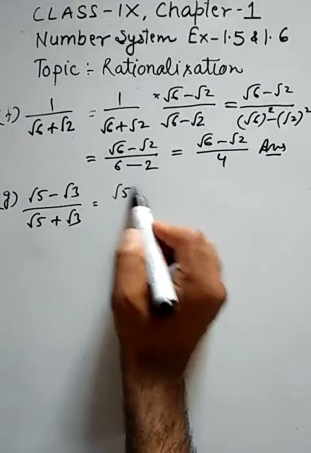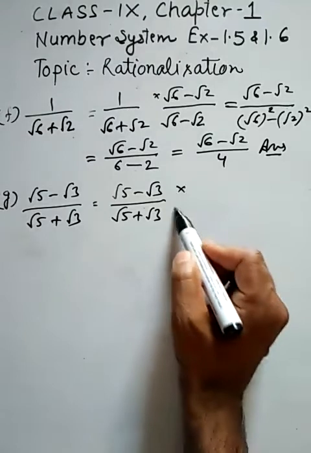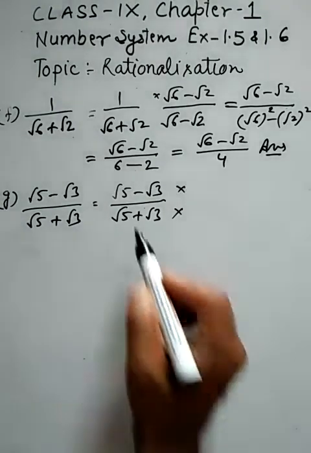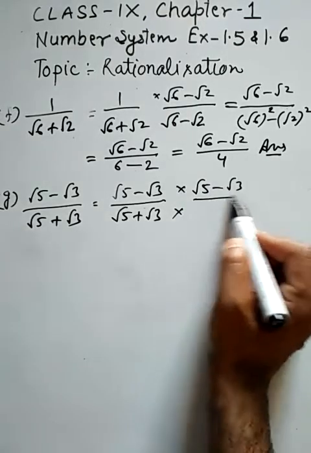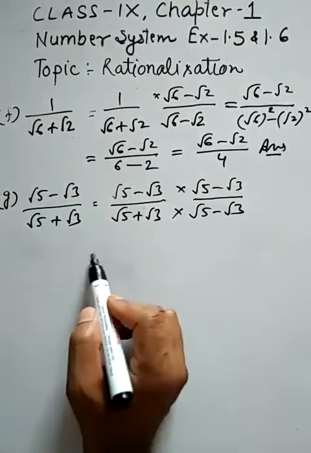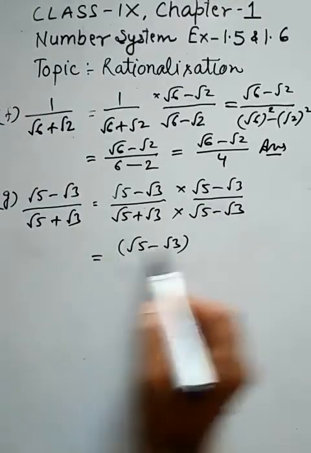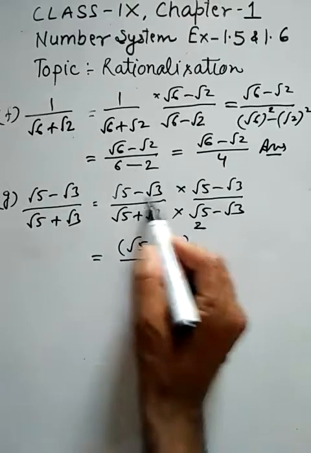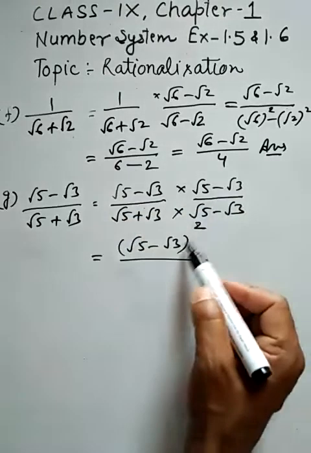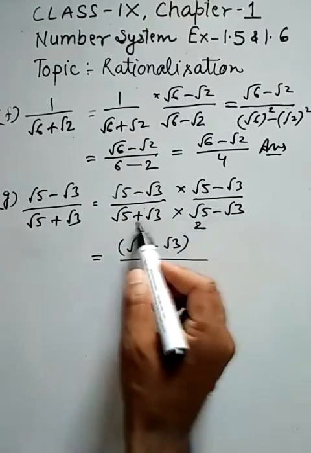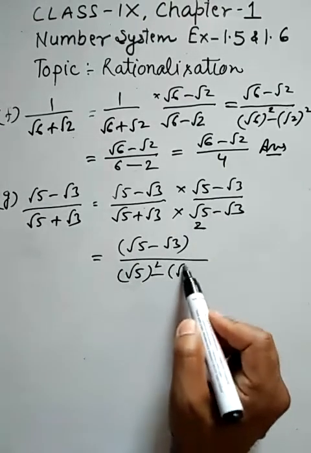Take one more example. Root 5 minus root 3 upon root 5 plus root 3. What will be the rationalization factor? Opposite sign of this, so it will be root 5 minus root 3, root 5 minus root 3. In the numerator, a minus b becomes a minus b whole square. दोनों एक जैसे हैं. इसकी पावर 1, इसकी पावर 1, जब मल्टीप्लाई करोगे तो दोनों की पावर मिलकर हो जाएगी 2. But in the denominator this is the identity again, a plus b, a minus b, so it will be a square minus b square.